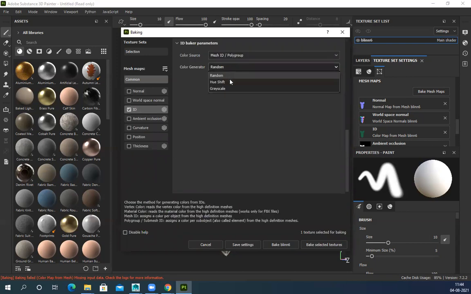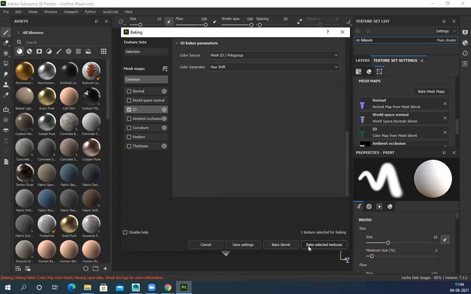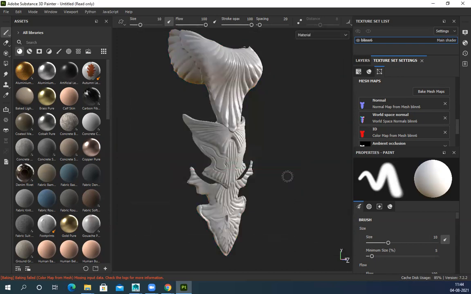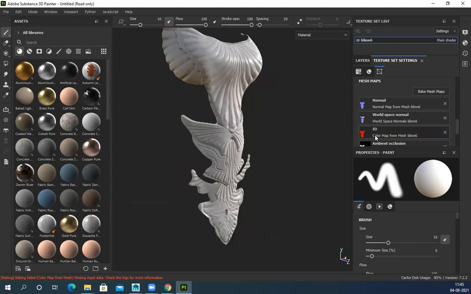This is correct. Picking red color, something is wrong with this. Normal and everything is baked, but the ID map should still create those colors.